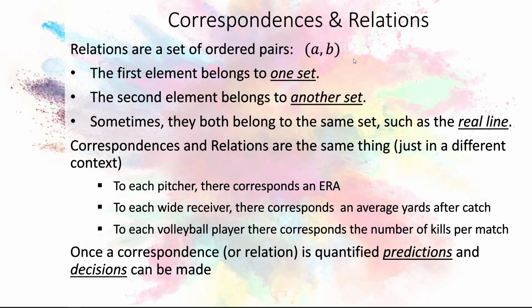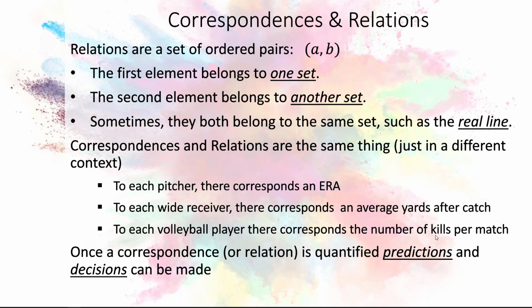An example of correspondences, well, you see some here, and there are also some in your notes. And one is, well, for each pitcher, there corresponds an ERA. For every pitcher, we'll have an ERA, which is unique to that pitcher. It might be the same for two pitchers, but still each pitcher will have an ERA. They also might have a strikeout per game record, or something like that. To each wide receiver, there corresponds, among other parameters, the average yards after a catch. And then to each volleyball player, there might be a correspondence to, among other things, the number